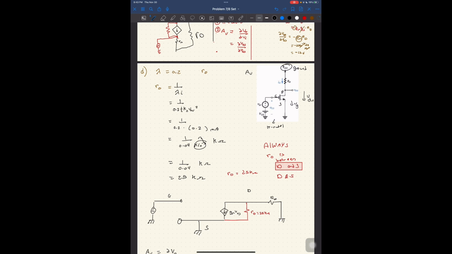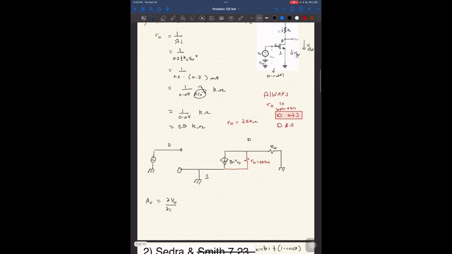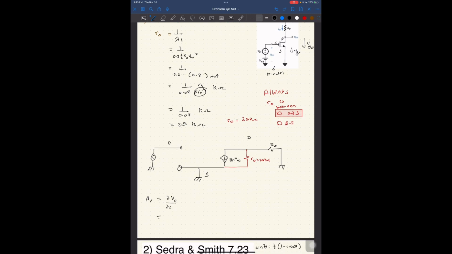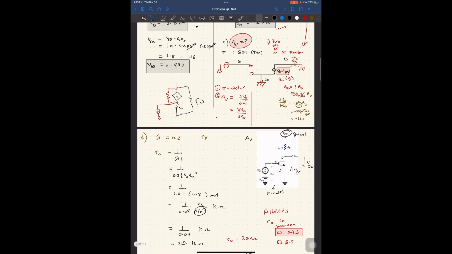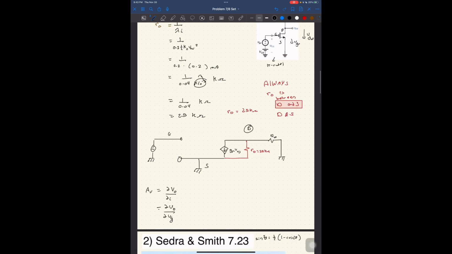Well, technically VGS and VDS, but S is 0, so I just ignore that. So I'm saying dVD by dVG. So now I just have to find what is VD, the voltage at D. In the past one, it was simple because I could just do current times resistance. Here I can't really do that, so I'm going to elect to do nodal at node D,